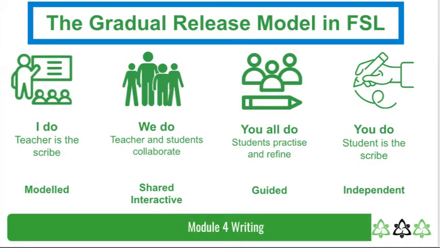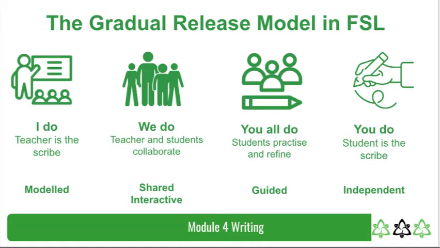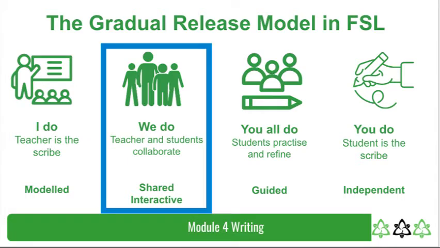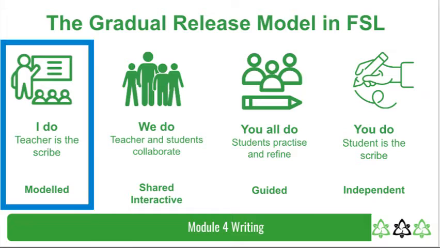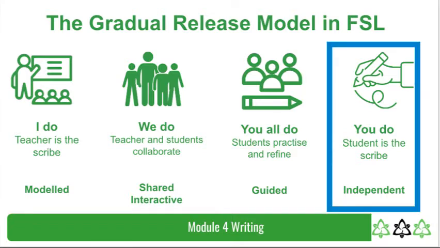The gradual release of responsibility model is a teaching strategy to help support learners in gaining independence as writers by modeling for them what good writers do and think, and by gradually decreasing the amount of guidance, allowing them to become independent in using the writing process. Here, they are described as I do, we do, you all do, and you do, with the educator being the I and the learner being the you.